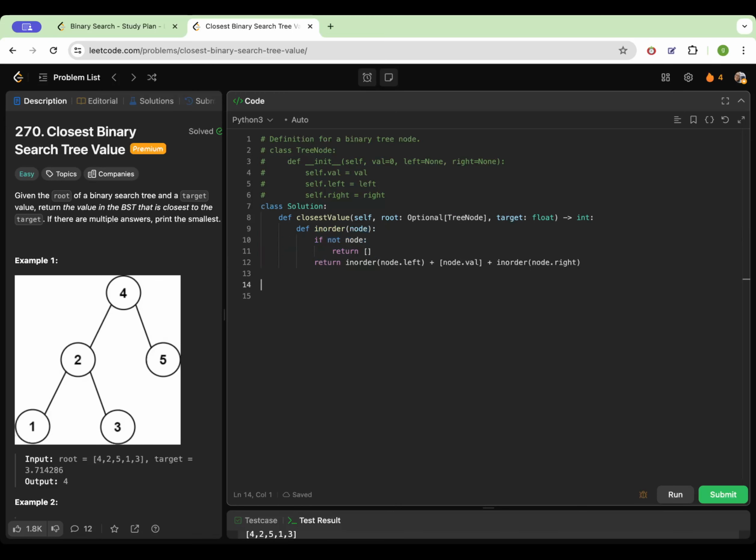Okay. Now that we have the values, we want a result. I'll initialize it as infinity and say for val in our helper function starting at root, if the absolute value of target minus val is less than the absolute value of target minus res, then update res to be our current val,